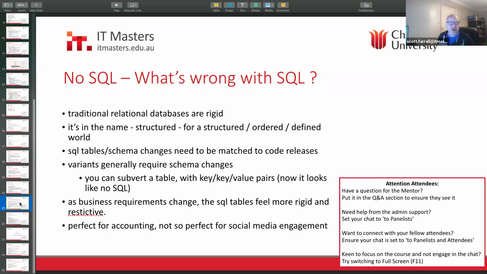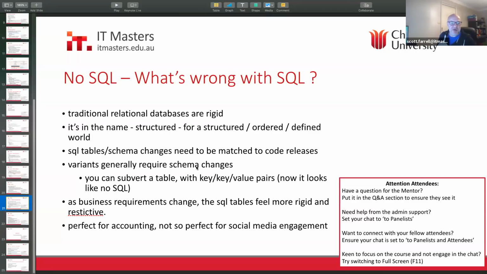So what's wrong? Why would you use NoSQL? We've talked about performance and the code matching the business better, and it's in its name, structured. So when you go and make an SQL database, like I said, it tends to be rigid and structured and ordered, and you make a choice at the start, and then when that's wrong, it's sometimes difficult to undo, and it's expensive to make changes to it.